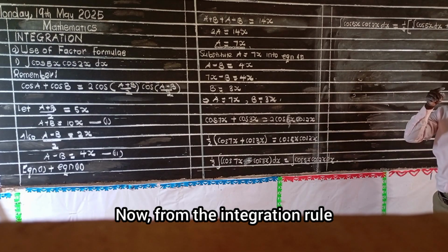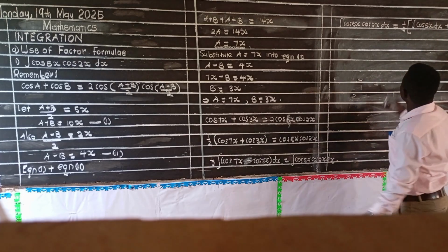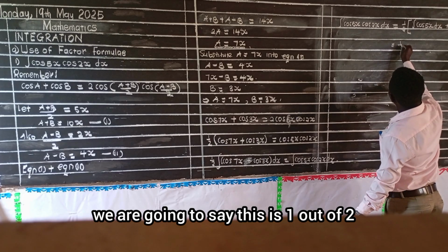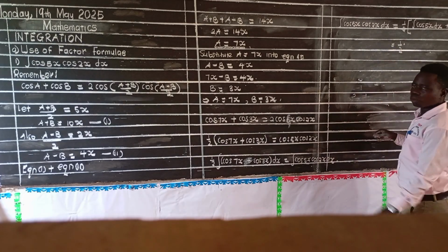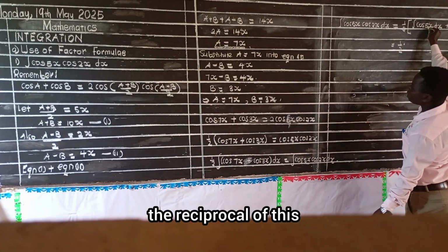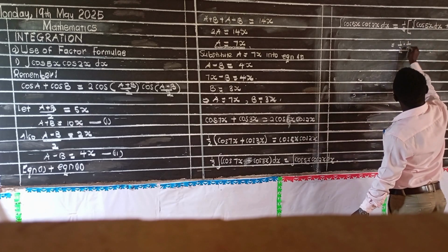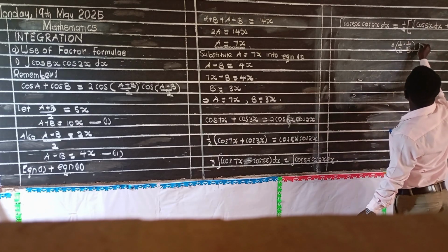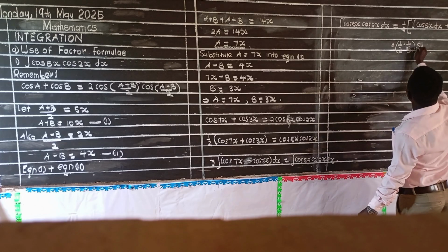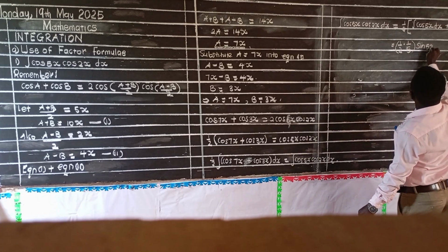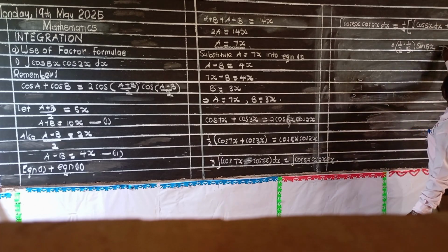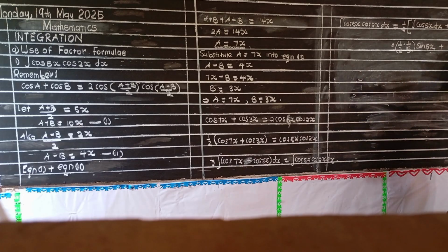Now, from the integration rule, this is 1 over 2 dot 1 over 5, and we get sine 5x plus,